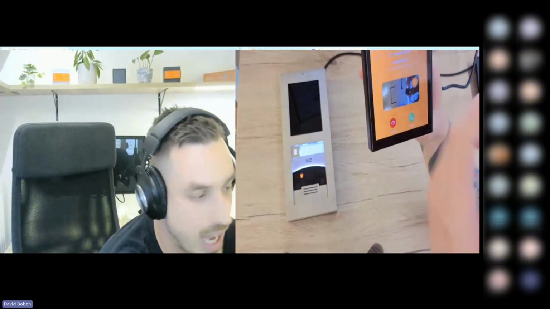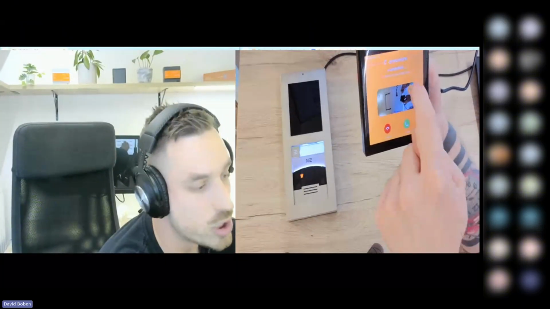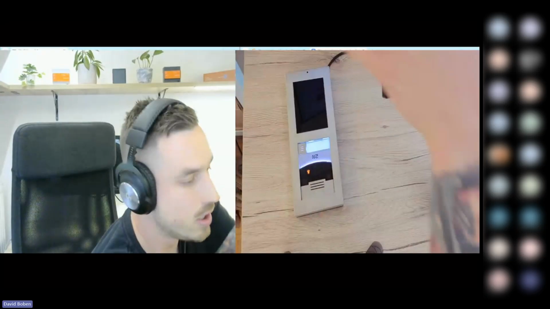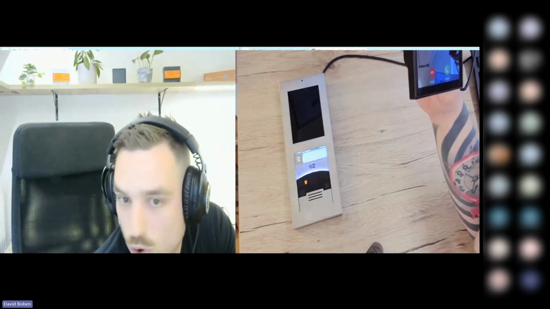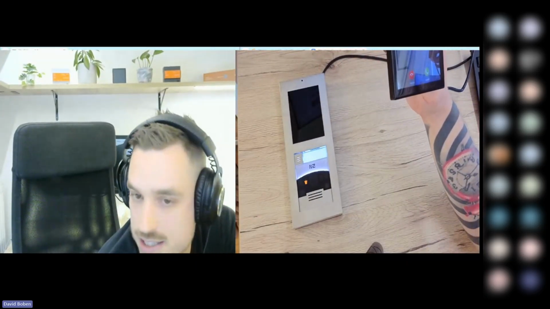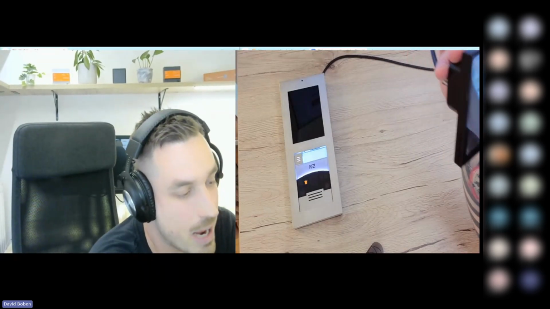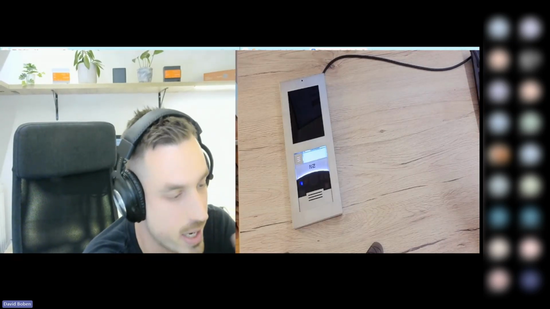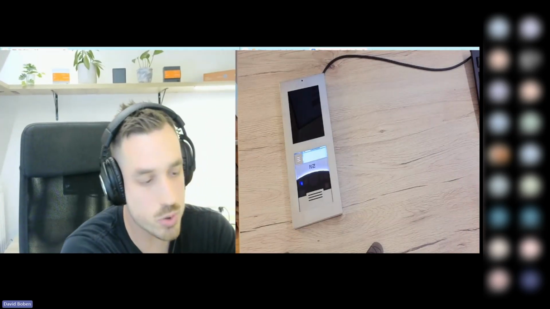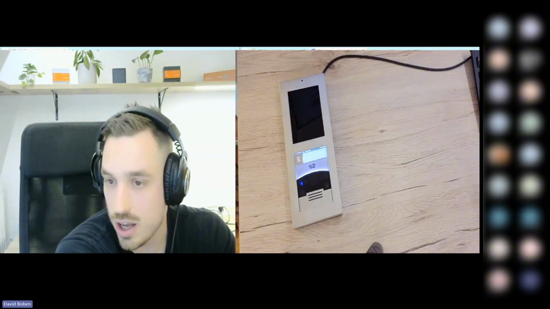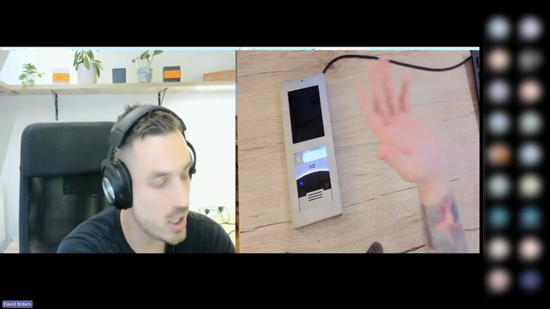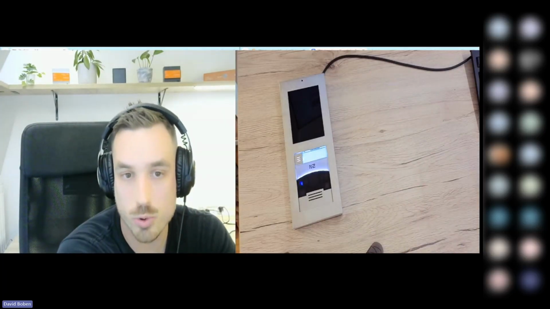I get a call, the application opens. I can use full screen to get the full view of who's there. And then I can decide to answer or decline a call. So let's say I answer the call. I am just gonna quickly mute because there's gonna be an echo. Okay, so it's muted. So now we have two-way communication. So we can hear if someone speaks in the intercom, and also the intercom will hear us if we